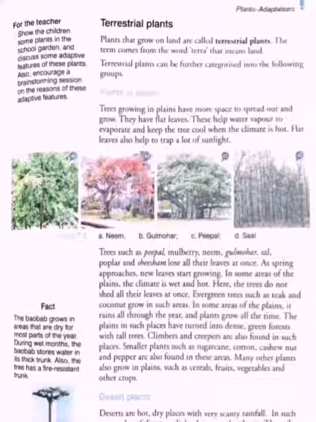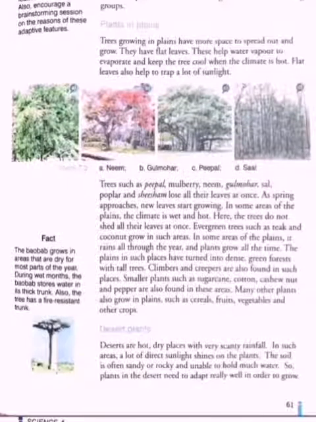See, they have given you a very interesting example and a fact, that baobab trees grow in areas that are dry, and this is why they have adapted to that condition, that they have a thick trunk in which they store water. When the rain comes, they store all the water in their thick trunk, and it will be beneficial for them during the dry climate. Also, the trunk is fire resistant because it stores much water in it.